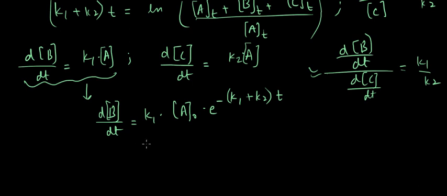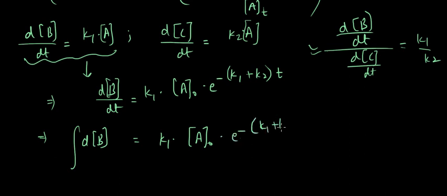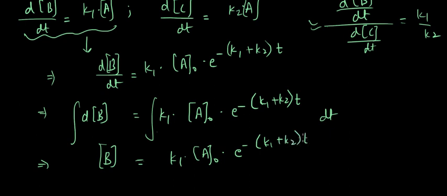Okay, so just rearranging the equations here, we can write dB would be equal to K1 times A naught e to the power minus K1 plus K2 times t dt. Integrate the equation on both the sides. So we would be getting that B would be equal to K1 times A naught times e to the power minus K1 plus K2 times t, divided by minus of K1 plus